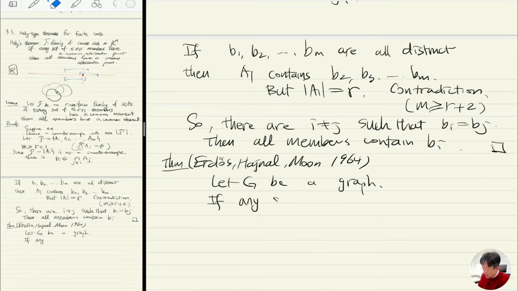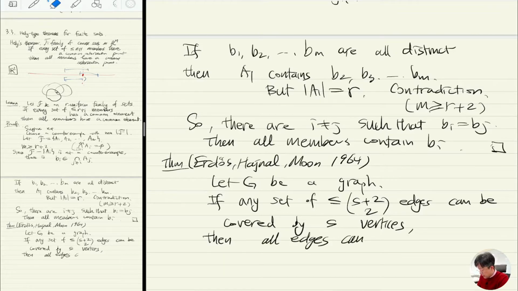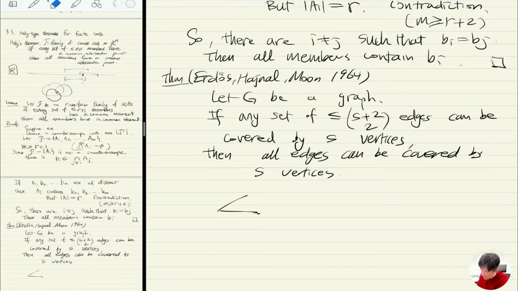If any set of at most S plus 2 choose 2 edges can be covered by S vertices, then all edges can be covered by S vertices. So when I say cover,